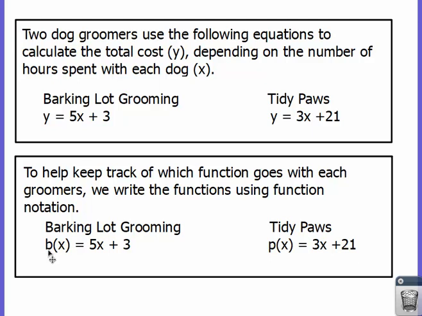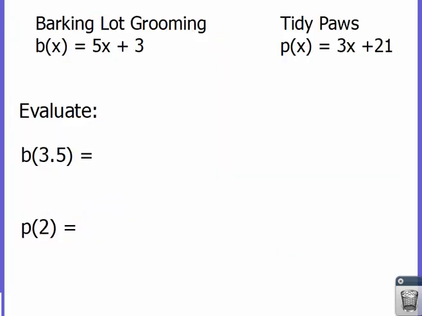For Barking Lot, we used a b to represent the function, and for Tidy Paws, we used a p to represent the function. Okay. So what if we wanted to figure out how much it would cost if it took, at Barking Lot Grooming, 3.5 hours to work on a dog? Well, in this particular one, we would take the 3.5 and just plug it in. So we'd end up with 5 times 3.5 plus 3. So we'd multiply that together,